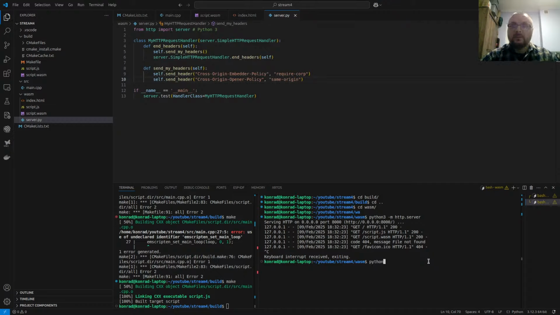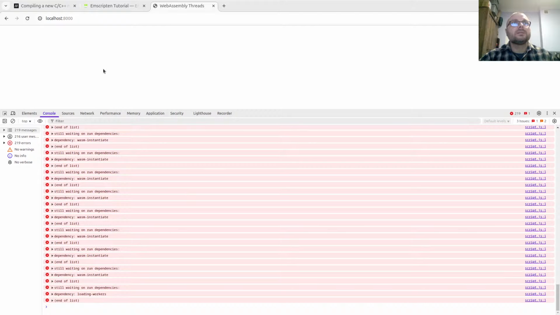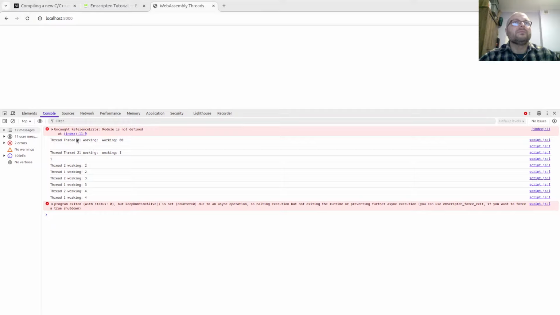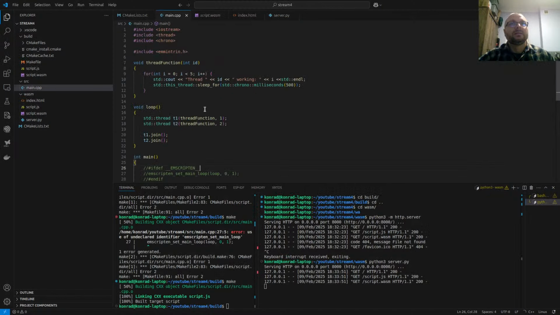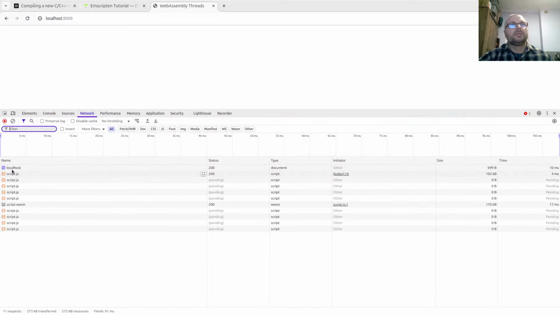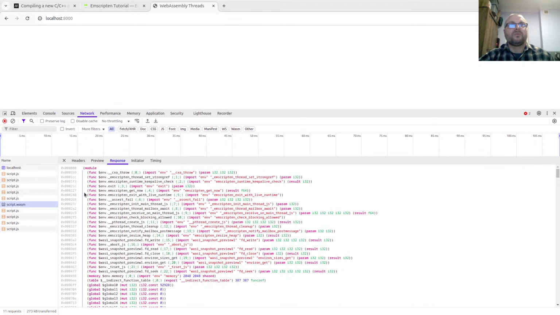Okay, so currently I will run the Python server script, and let's reload. And now you see that module is not defined. Okay, but our worker started working. So you saw that what we put in the standard out is translated to console log, and in the network what was loaded. So our script and our wasm were loaded without issues, and in the response you can see